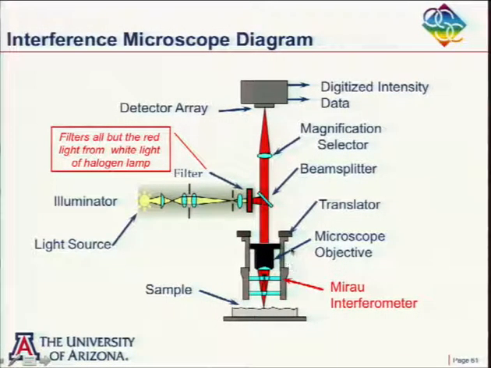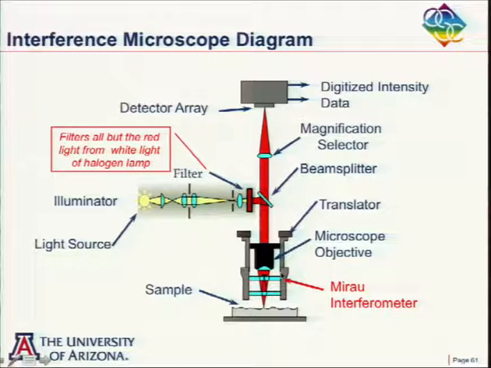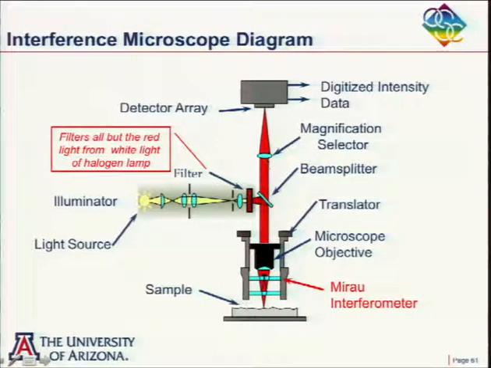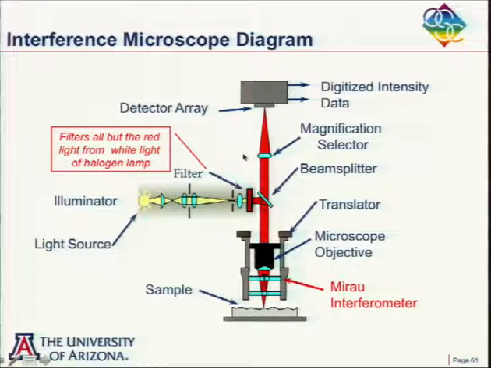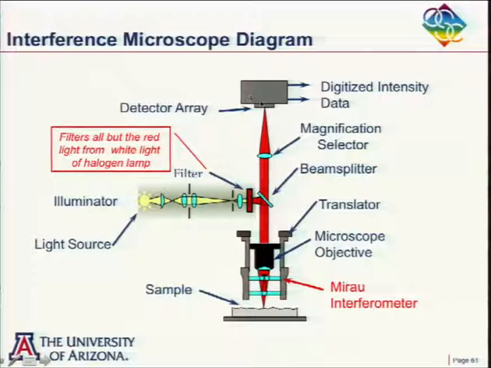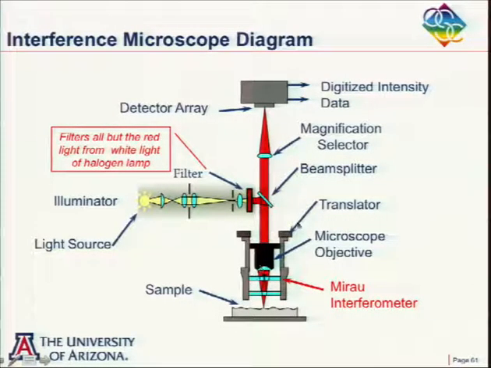So this is probably a PZT that's going to cause a translation here. And there may be some objective up here. Sometimes I make it so you can change the magnification up here if you want. And then our detector interface to a computer. And so the computer will read out the detector and also control the voltage to the PZT to control the